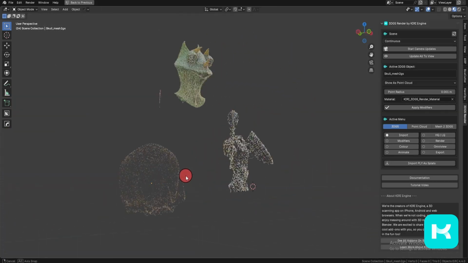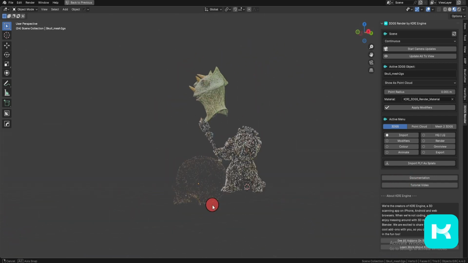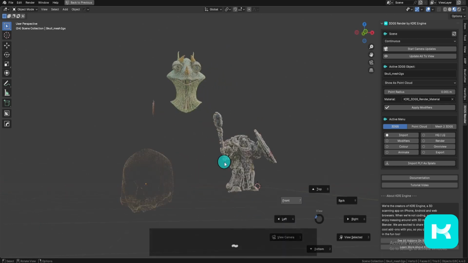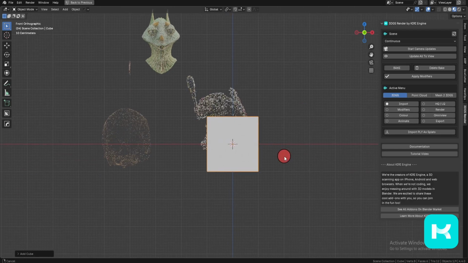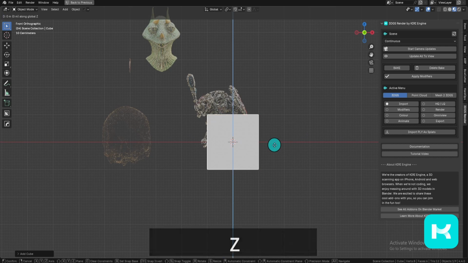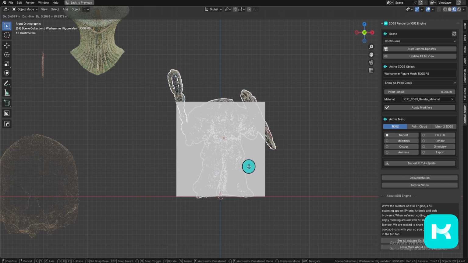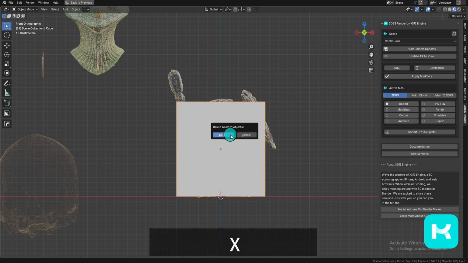There may be scale and scale dimension inconsistencies between softwares, but I'm going to use my standard scaling method for working with meshes in Blender. I'm going to assume that this guy is around 2 meters tall, and I'm going to add a cube, which should be 2 meters tall, and I'll place it on the ground with GZ1, and this should be from the ground 2 meters high. Then I can move my body, and I can see that he's a pretty good height actually already. So I'm going to leave him at this